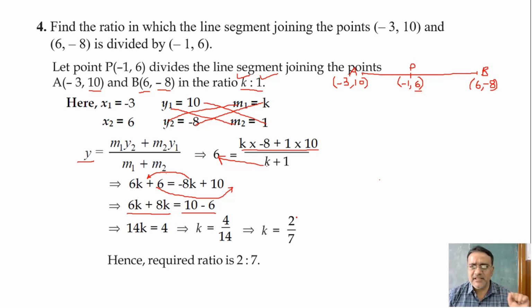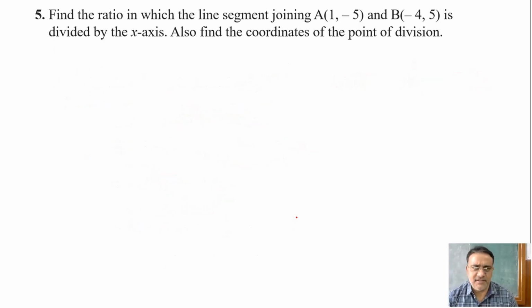Okay, now next type of question is to find the ratio if the point is on either the x-axis or y-axis. So this is the question on x-axis. Okay, so I'm going to draw one rough diagram. See, rough diagram. Suppose these 2 points are A and B. A, B. Okay, and the point A is given minus 1, 5. Right. 1, 5. And point B is given minus 4, 5.